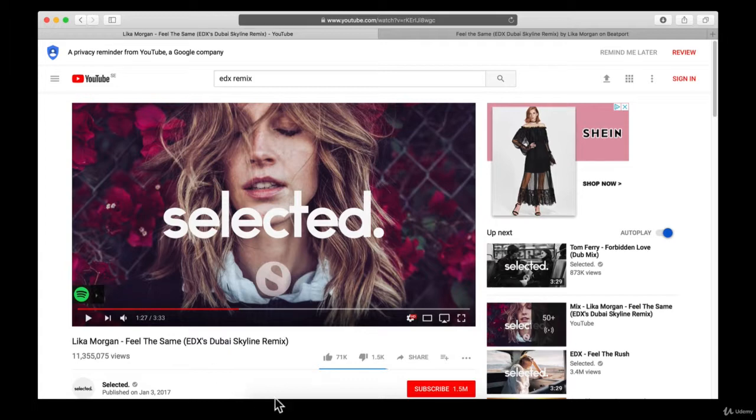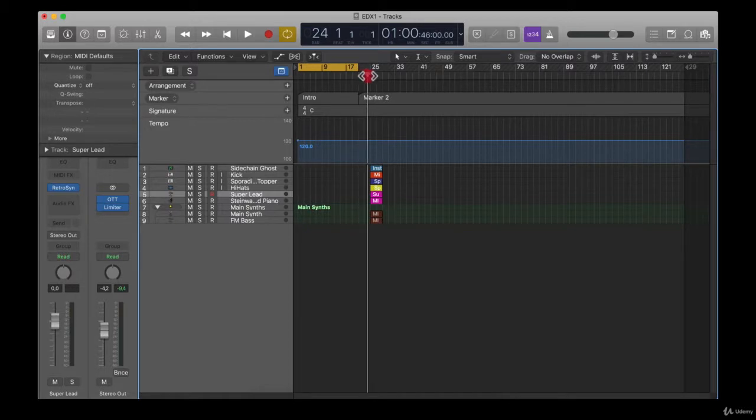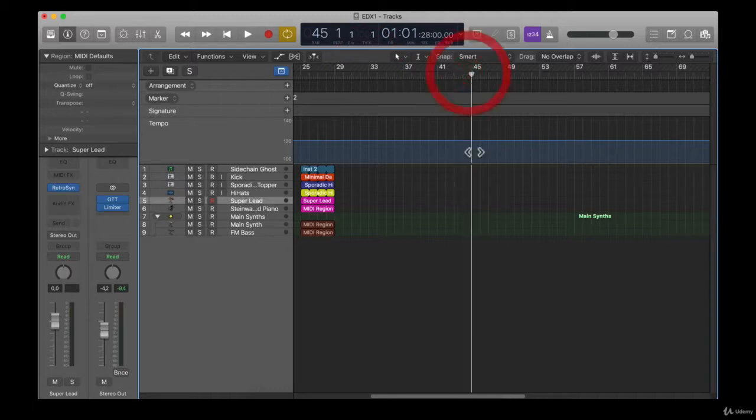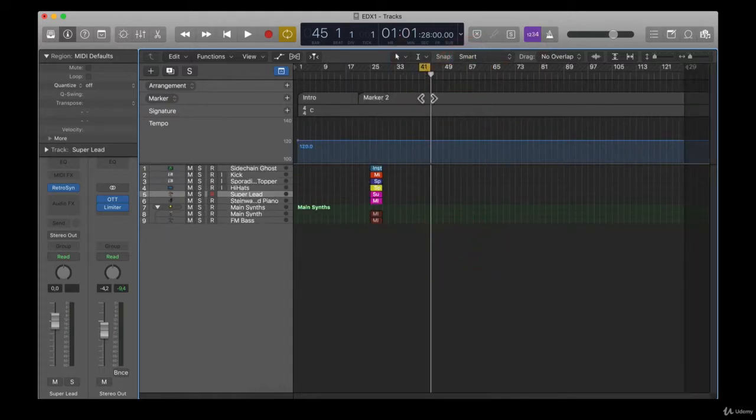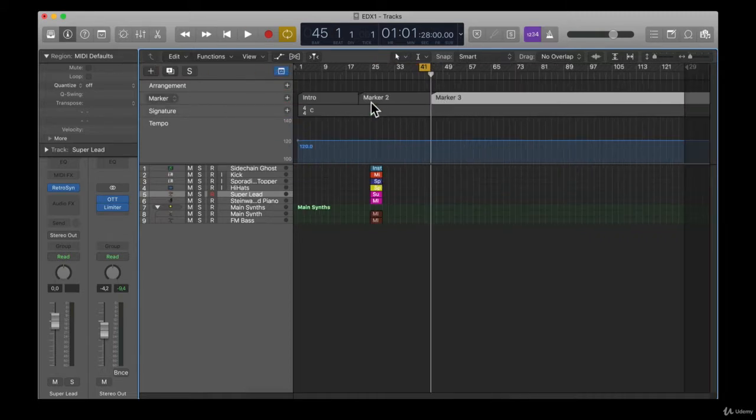All right, so 126 would end the first drop. So let's see here, 126, was it? Yes. So 126 should be around there. I think it would be around 128 actually, because we want the full section to be the same here. So we don't want a part to just end randomly like that. So I'm going to have the second marker here at bar, let's see, bar 45. So now I'm going to add one more marker here, and let's rename this marker to